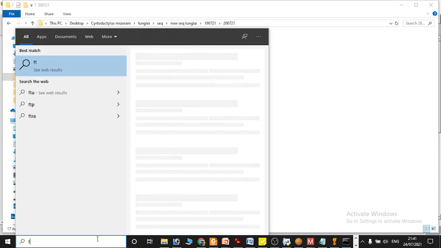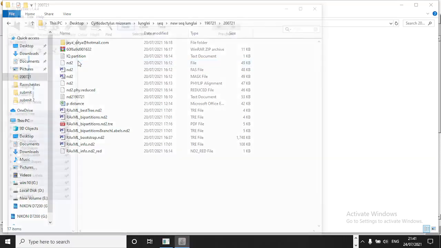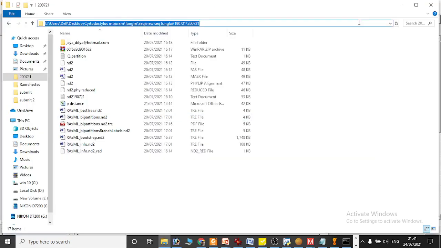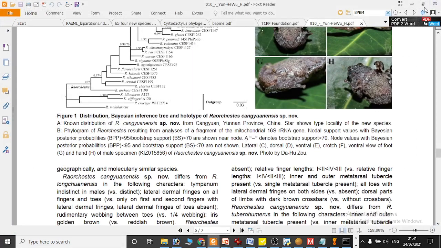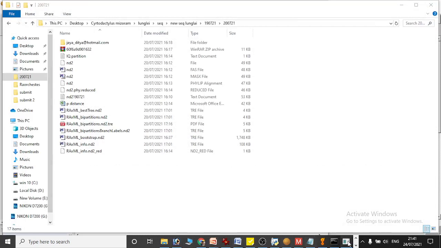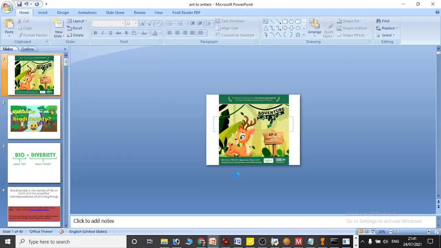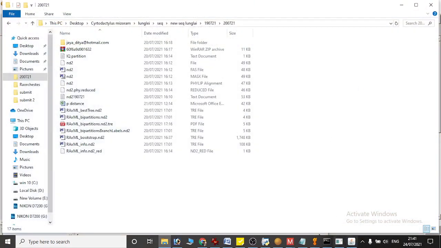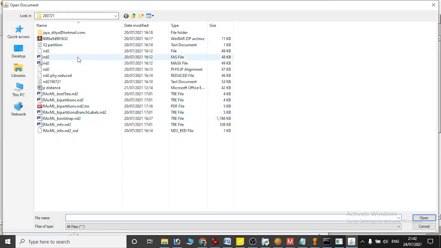Now, just for a basic idea, I am going to FigTree. So you go here into FigTree. I'll copy the link location. I see lots of open windows, so I'll close some so that it becomes easier for us. I don't know where this FigTree is from. These are long files. Okay, here is FigTree. It is already open.